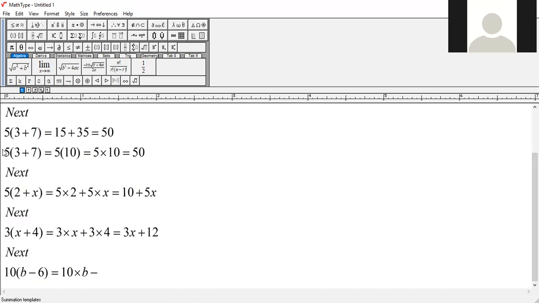Then minus, okay? There is a minus here. In the previous case, it was a plus, but this time it's a minus. Because we have a minus here, now we have to distribute the 10 onto 6, which is the same as 10 times 6. So that way, we get the final answer as 10 times b, which is 10b,